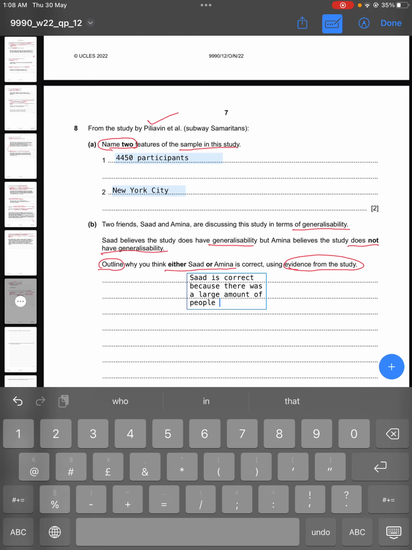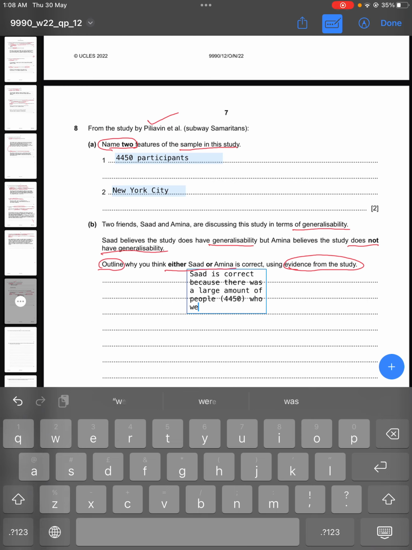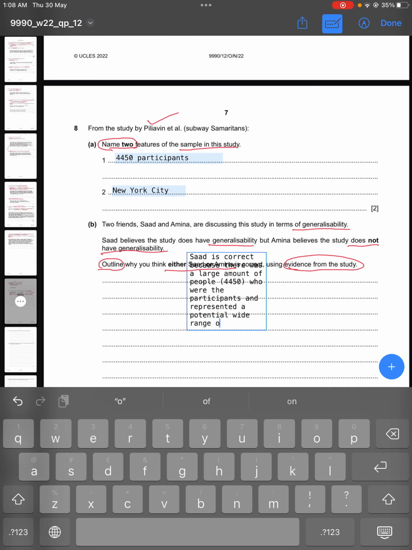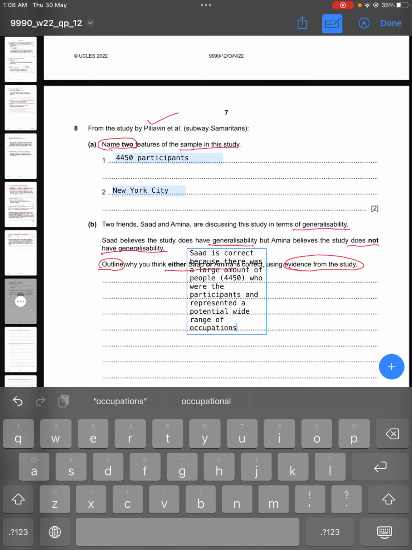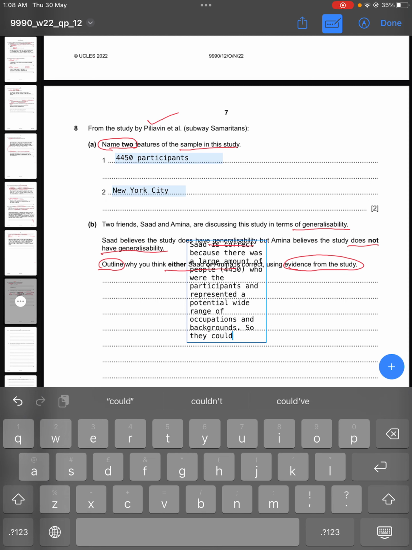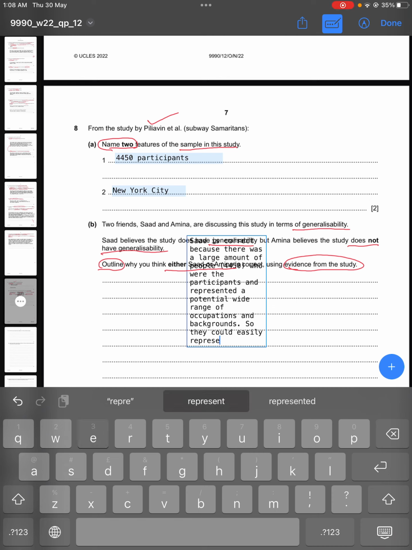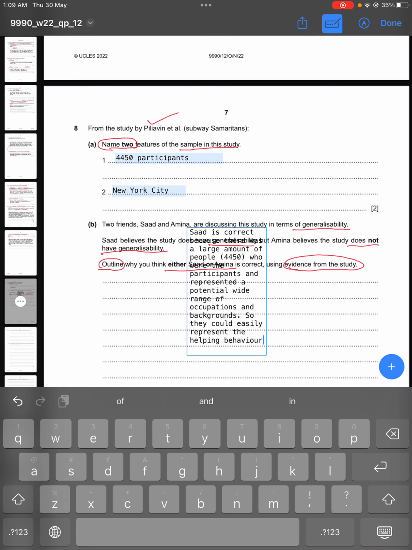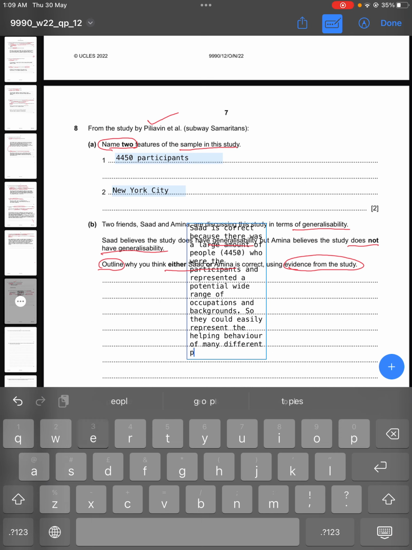We have discussed how there were about 4,450 participants, so that is a large number of people who were the participants and represented a potential wide range of occupations and backgrounds, so they could easily represent the helping behavior of many different people. So hence the